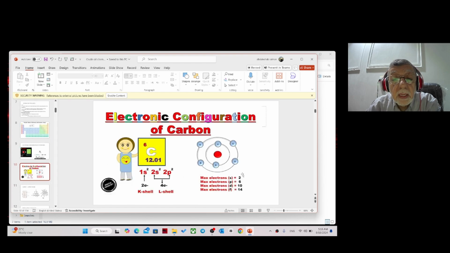Now we come to the carbon. The carbon atom also consists of a nucleus, which contains proton and neutron. And there are 2 shells because we have 6 electrons. Here there are 6 electrons. 4 electrons are in the first shell, because the first shell has 2 orbitals. Each orbital is filled with 2 electrons. So this is 2 electrons and this 2 electrons become 4.